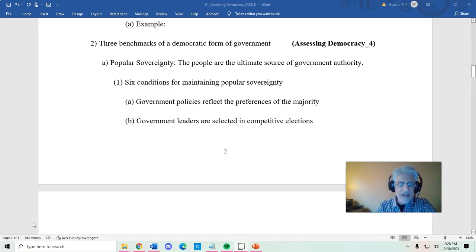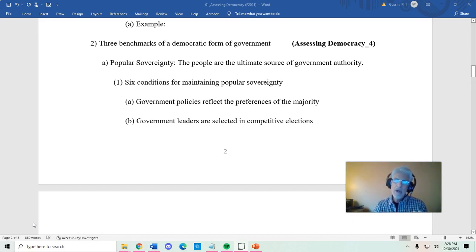Now, this is actually a little more complicated than it sounds, because the framers of the Constitution, as you'll find out, were very concerned about the majority having too much power. They weren't really trusting of the majority, and they were worried that sometimes the majority will advance its interests at the expense of the minority. And so in any democracy, while the policies of the government are supposed to reflect the preferences of the majority, they're supposed to reflect the preferences as long as they don't impinge on or hurt the rights of the minority.